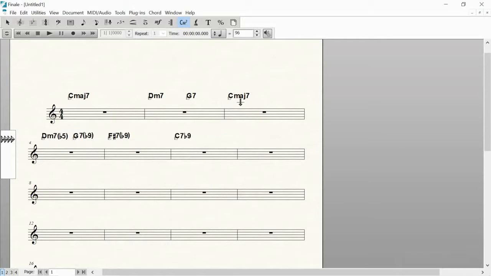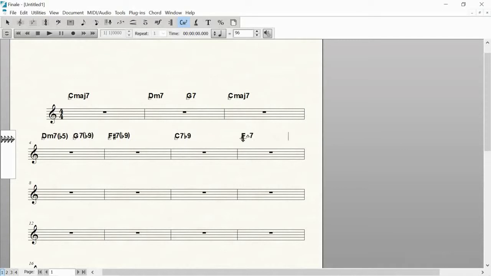I'll show you how to do a symbol for a C major 7, that little triangle. Here, let's do F. Now I'm going to press the Alt key, A-L-T, hold that key down, press 0, 1, 7, 7 on the keyboard. Now I'll let go of the Alt key. Now I'm going to press the number 7. Now I'm going to left click over here so we can see. Yeah, this is the way the suffix looks now in the library, so I'm going to edit this. See how that 7 is a little high? I'm going to bring that 7 down,